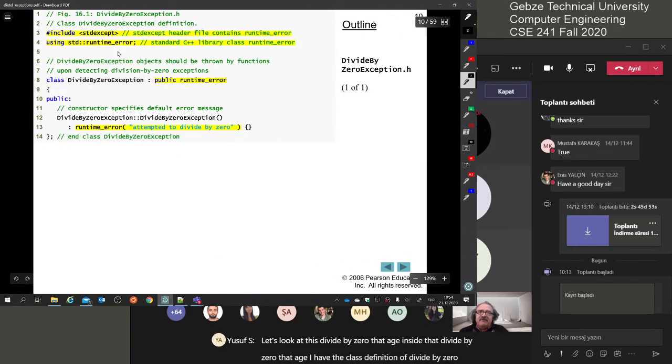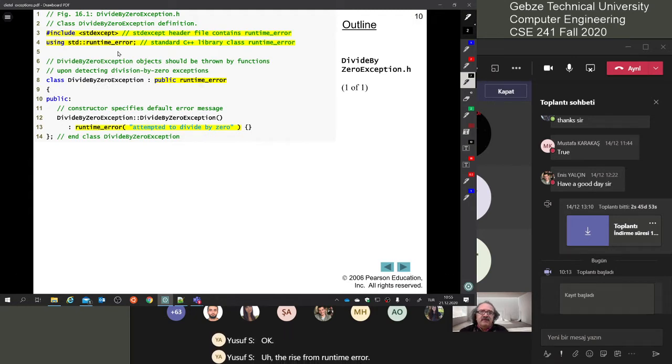It is very simple. Divide by 0 exception derives from runtime error. Runtime error is a standard C++ exception class, okay. And what I do here is actually very simple. I just write my constructor, divide by 0 exception,